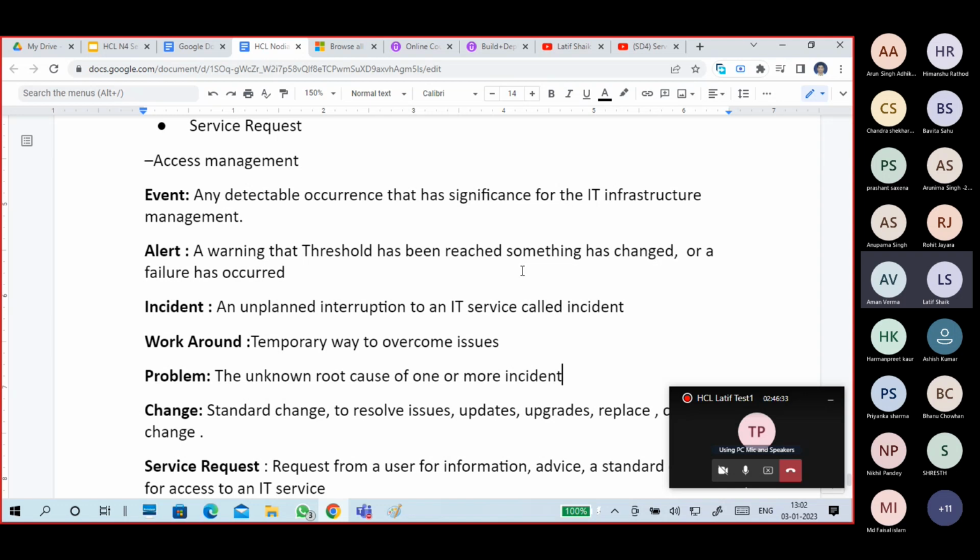But in case there is an incident, multiple incidents occur, or we don't know why this incident is occurring, we need to find the root cause of that incident.